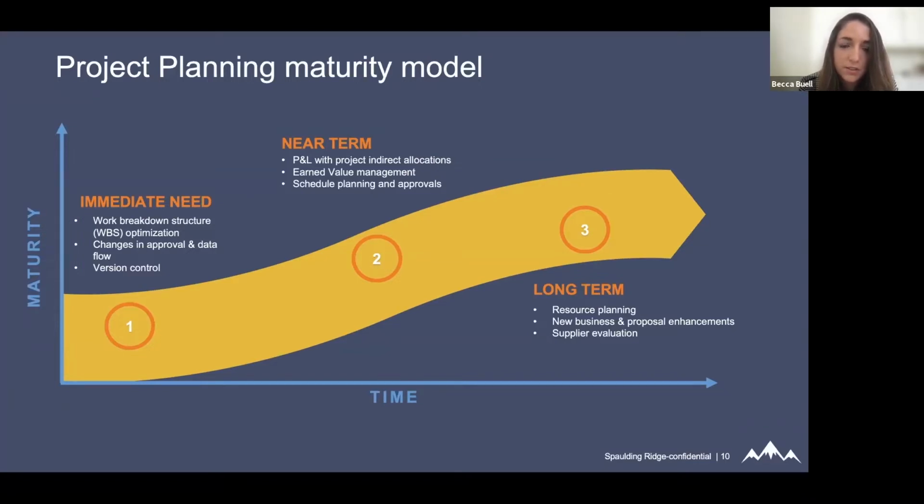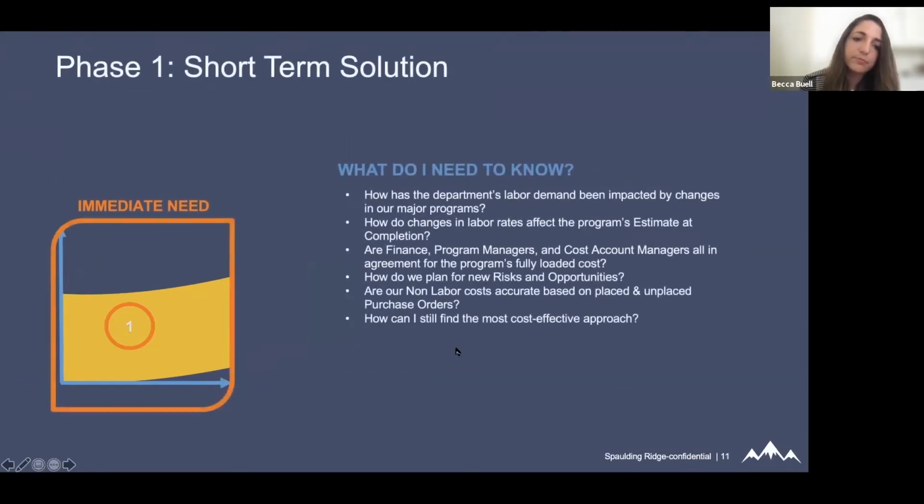And then next, once all of the financials are underway, understanding how we marry in the flexibility of bringing in earned value and scheduling. So we've got that marriage of schedule and cost. And then also, in the long term, considering the more detailed resource planning at maybe the named level and consideration of evaluating different suppliers with POs as they come through. So this is our end-to-end view,